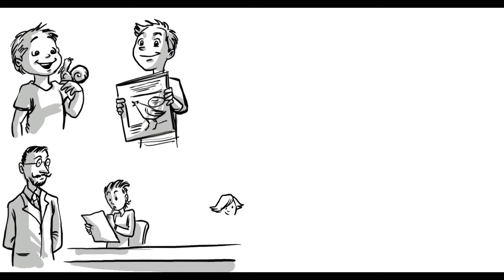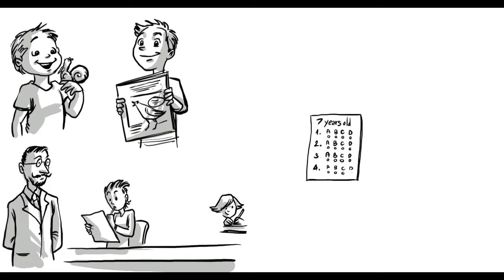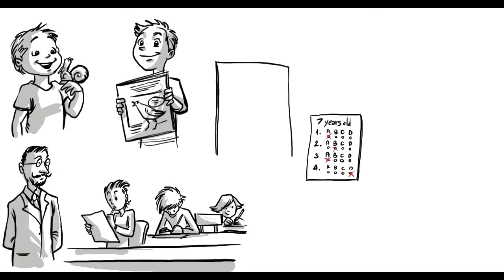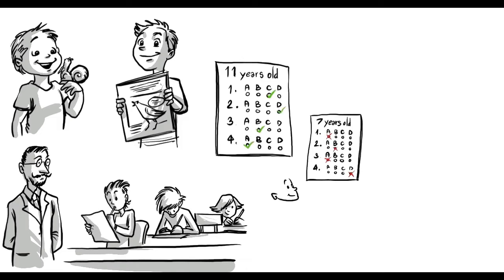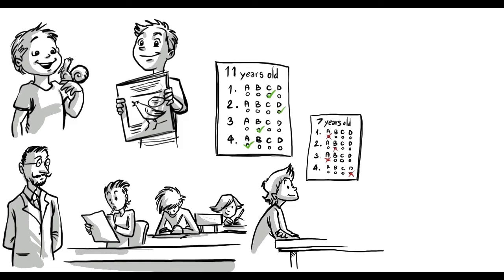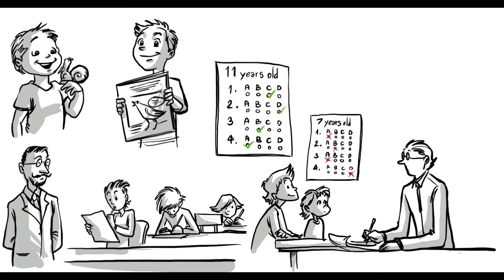Jean Piaget's first interests were animals, and he published his first scientific paper on albino sparrows in 1907 when he was just 11 years old. In 1920, he began working with standardized intelligence tests. He realized that younger children consistently make types of mistakes that older children do not. He concluded that they must think differently and spent the rest of his life studying the intellectual development of children.